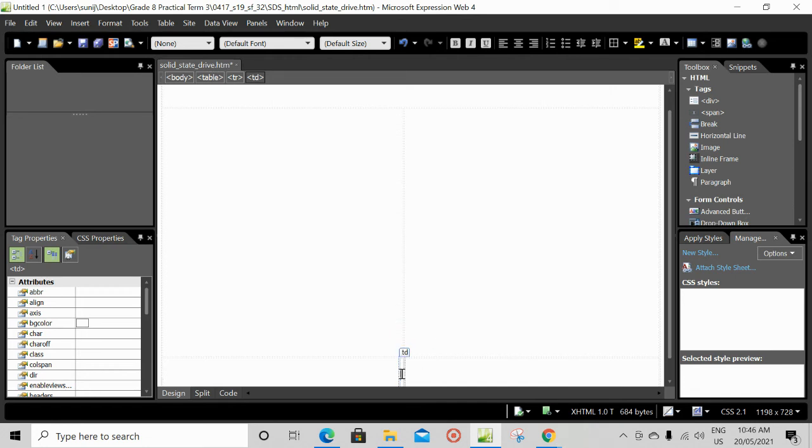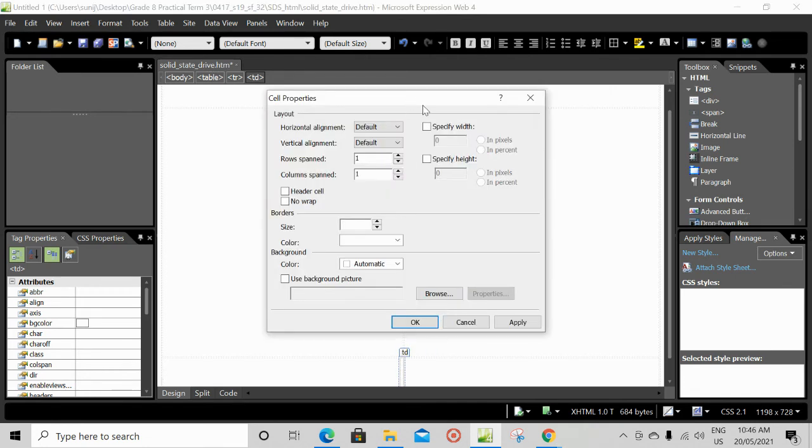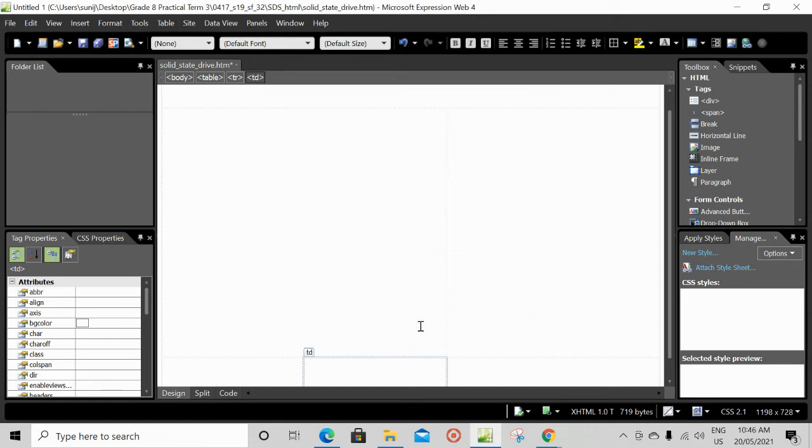And here is the next cell. Right click, cell properties. Again, width is 400 and height 80. So these two cells are done.